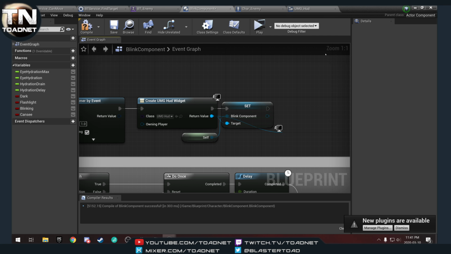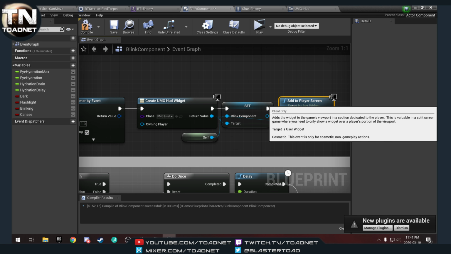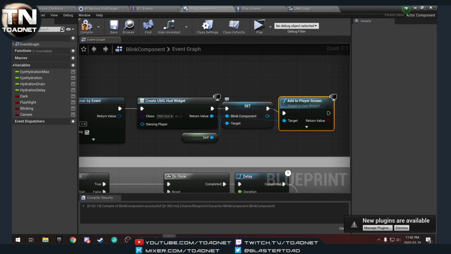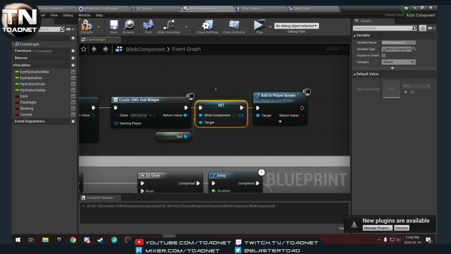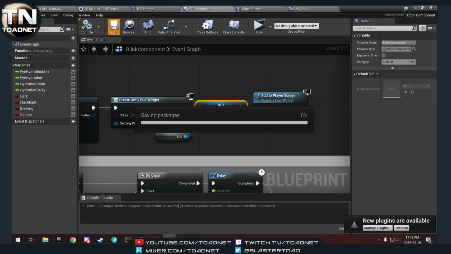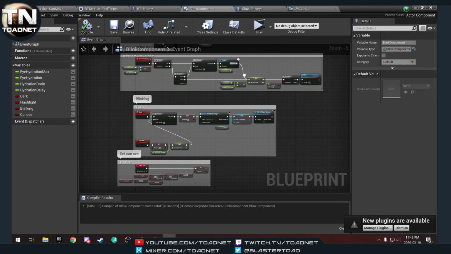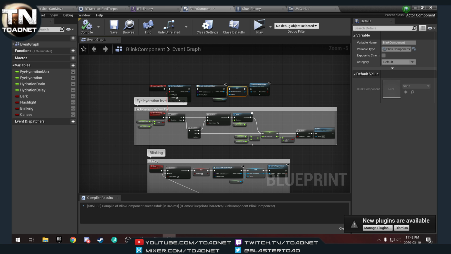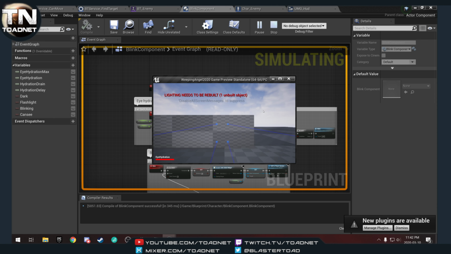add to player screen. And the only reason I'm using player screen is just in case you were to say make this into a split screen game, which everything should work with. I haven't tested it, but it should work. In case you wanted to, it would put it on that player's screen instead of over the whole screen. So now,